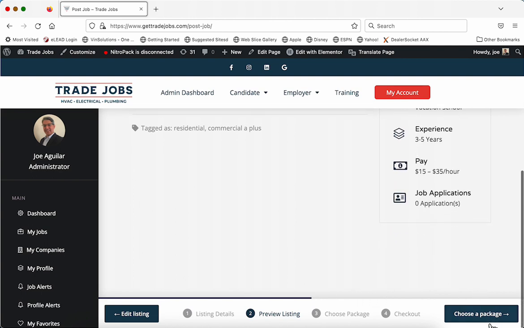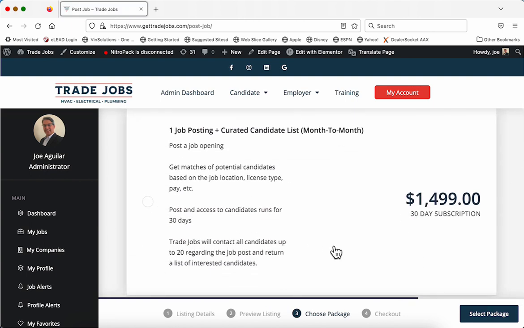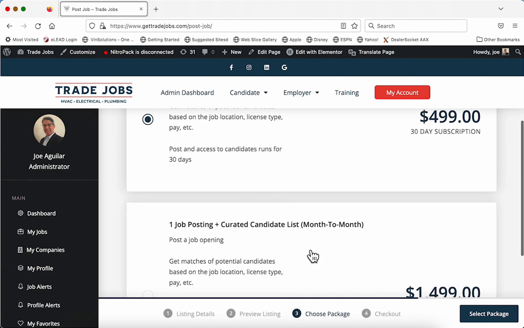So then I need to choose a package. I can't stay stuck there. I want to get it posted. So I don't think when we temporarily loaded it to a local server that the latest, because it was a